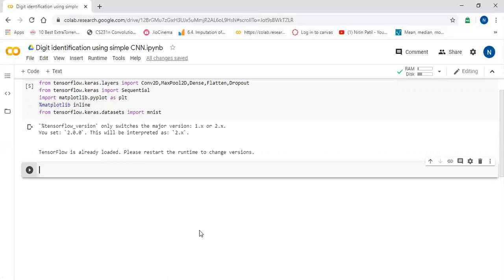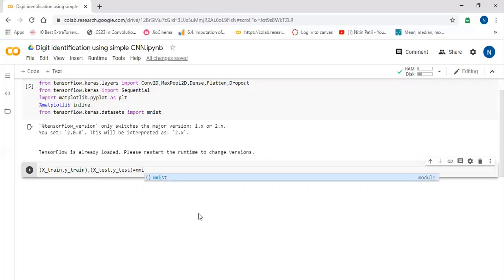Now we will extract our features, our images, from the MNIST dataset. So for that, I will just create an object. I will say x_train, y_train, x_test, y_test equals mnist.load_data().